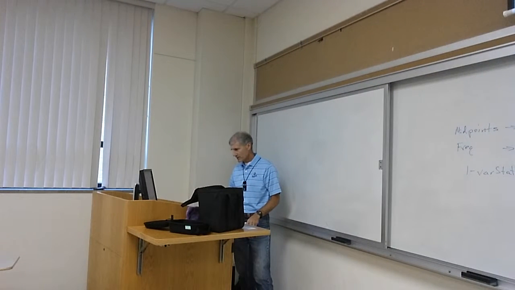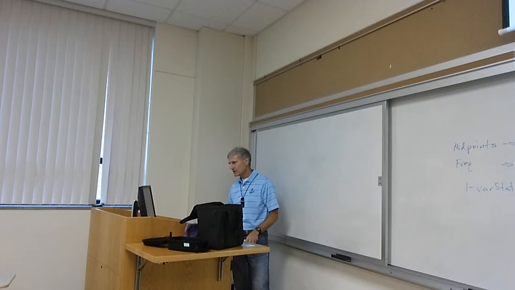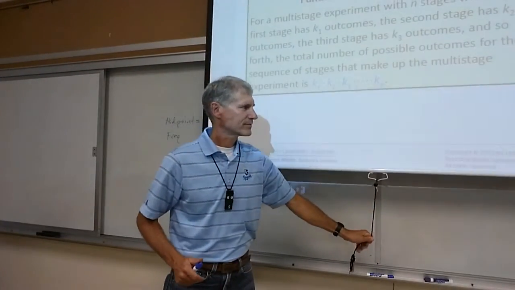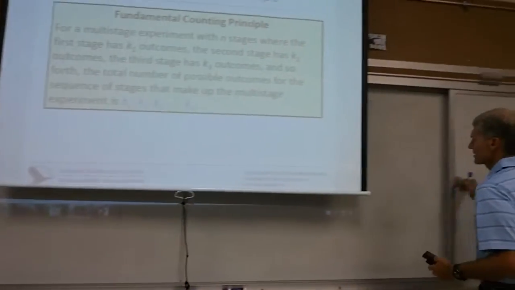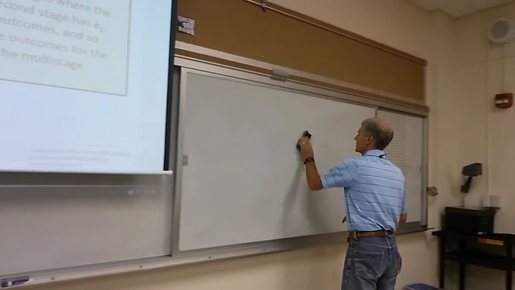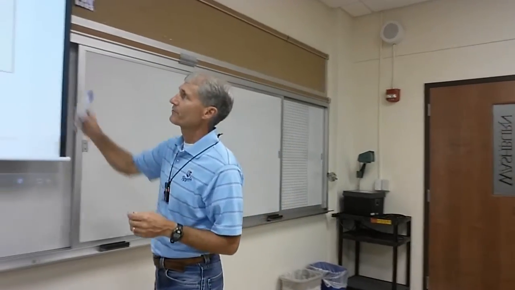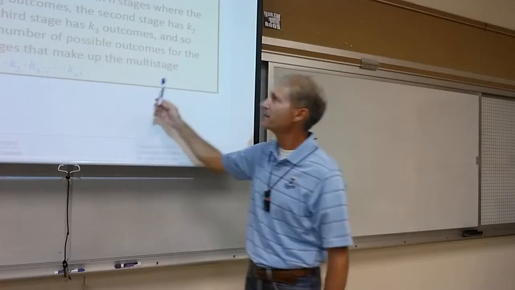Let's see. Yeah, here. And this is called the fundamental counting principle. And there's nothing too difficult here. And you can use this principle to help compute probabilities. But a lot of times you can compute the probability even if you don't remember this principle just by using the multiplication rule. I'll show an example here in a second. So the fundamental counting principle, this is a complicated paragraph. Sounds horrible, but it's not so bad.